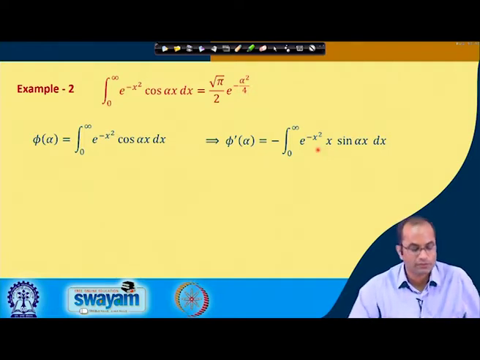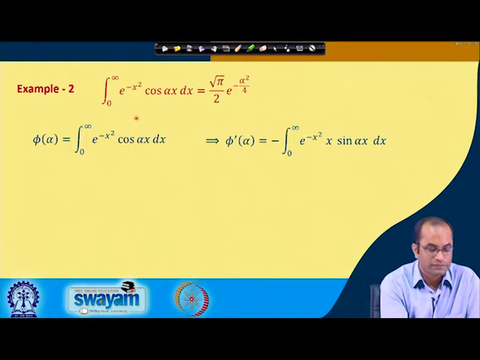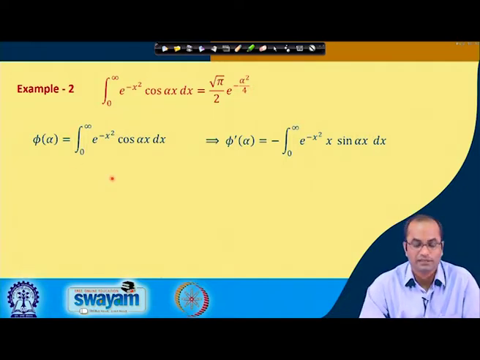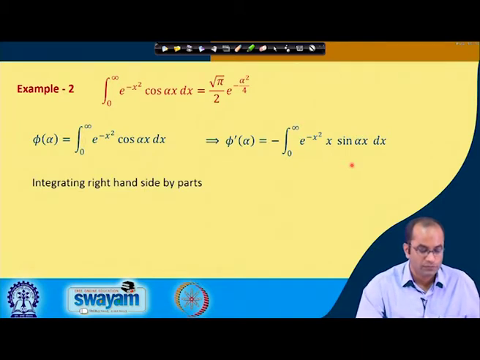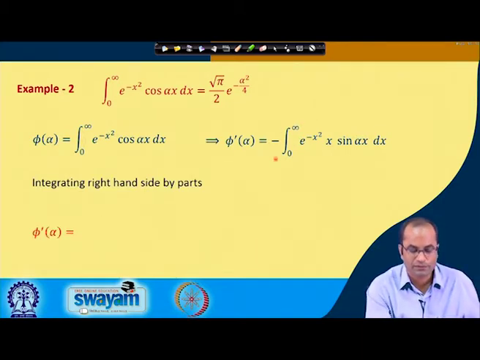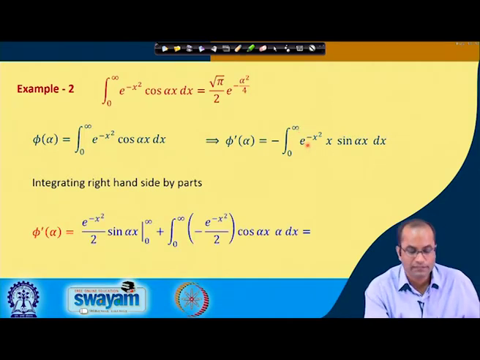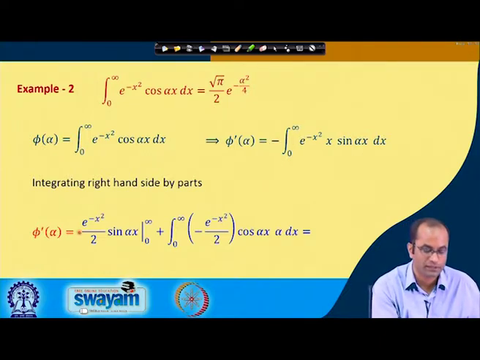and that is exactly the point, because this was not easy to differentiate partially, but now since x has appeared here with e power minus x square, we can easily differentiate. So, we can easily integrate this term and differentiate this term. So, we can apply the rule of integration by parts. So, by doing so we will get this phi prime alpha. So, here integration by parts, we will get this e power minus x square over 2 with minus sign, and this minus sign will make it plus. So, that is the integral of this one, and the sign remains.